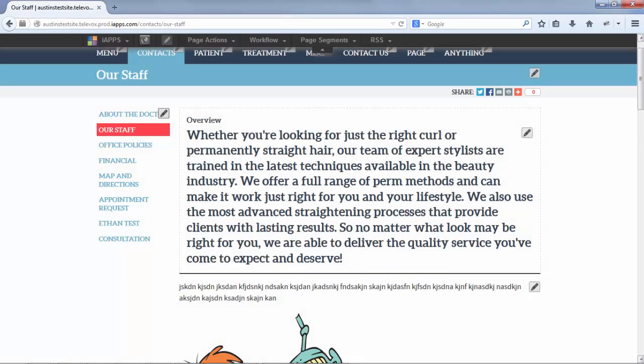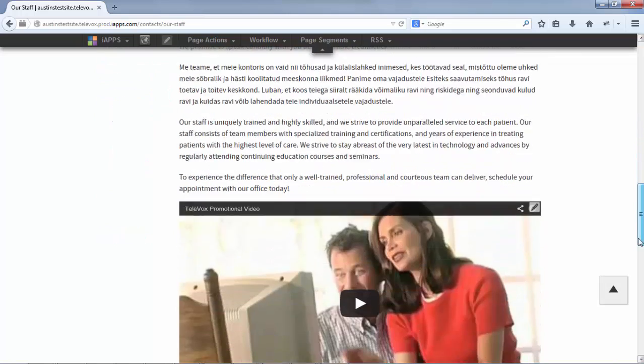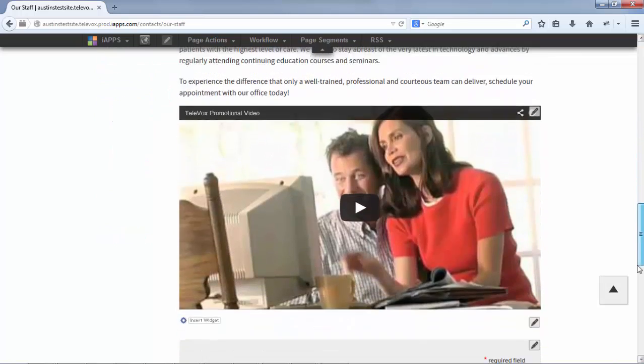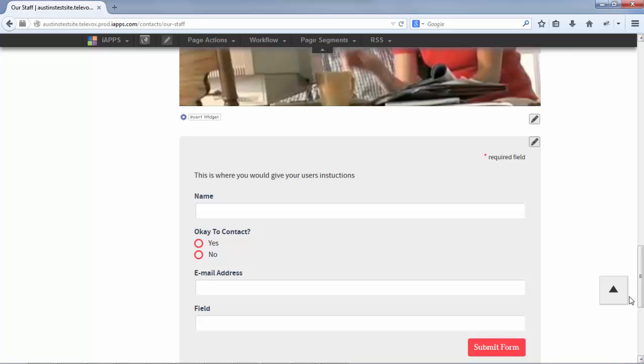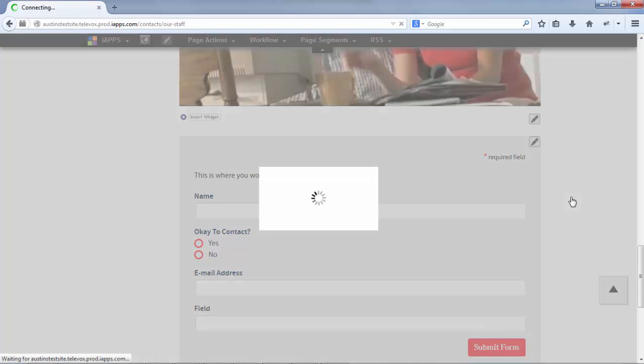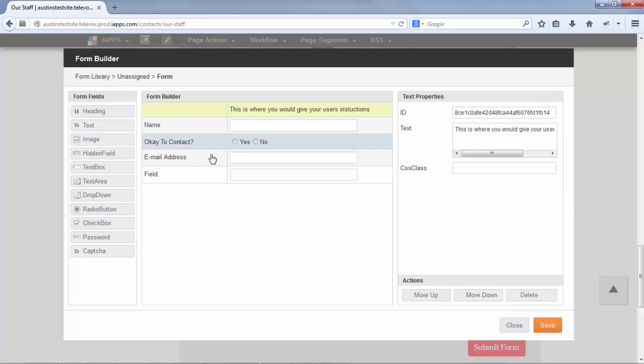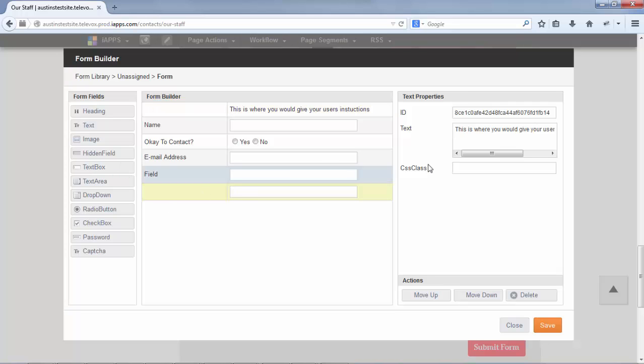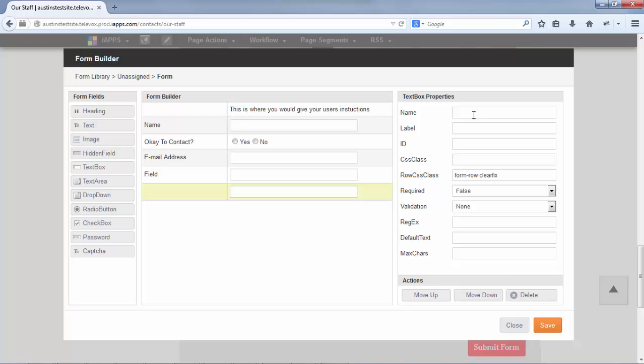Perfect. As I scroll down my screen, you're going to also see that we have YouTube videos and forms. To edit a form, simply click on a pencil icon, and from here we could create a new form. Or in this case, I'm just going to go ahead and edit the form definition using our really easy to use form builder, which is a simple drag and drop form builder where I drag in the field I'd like to use, go ahead and title the field,